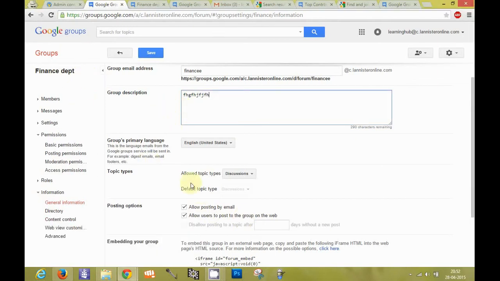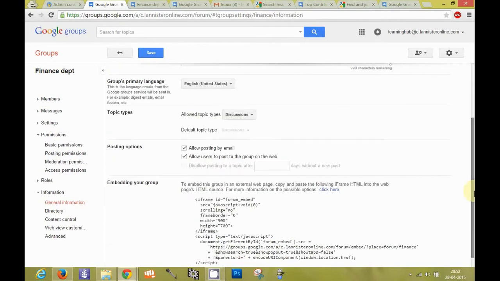So you can check these options. These are already checked. You should check these options because it gives some extra liberty for the users to send mails to the group directly rather than being clogged up inside this groups.google.com module.